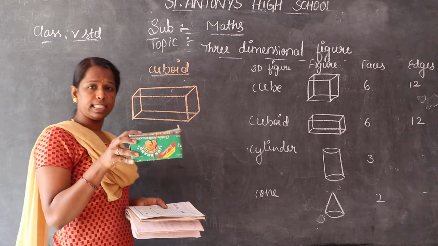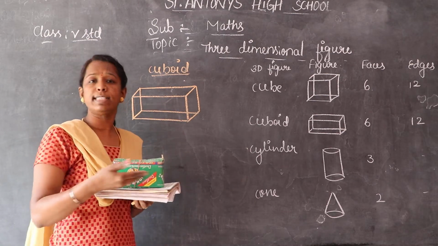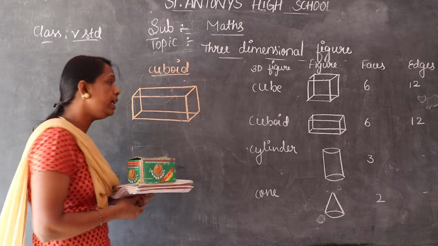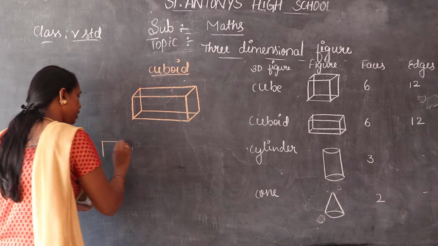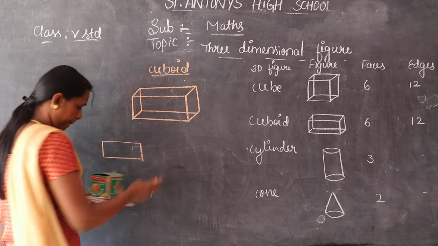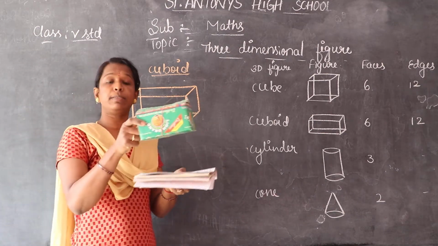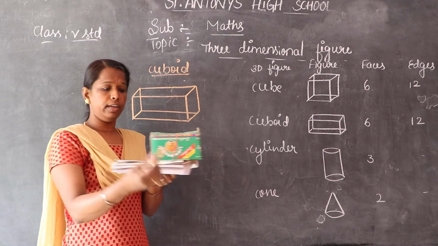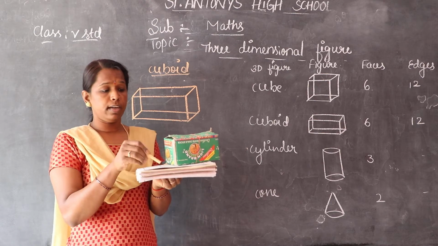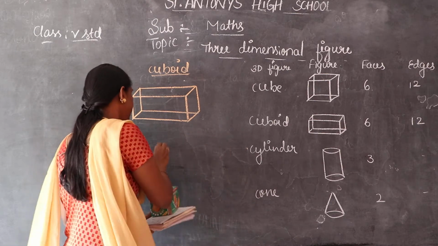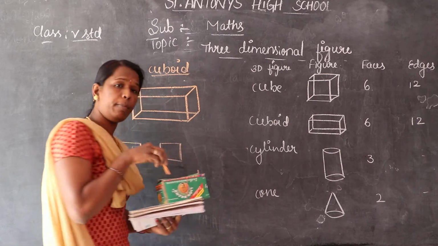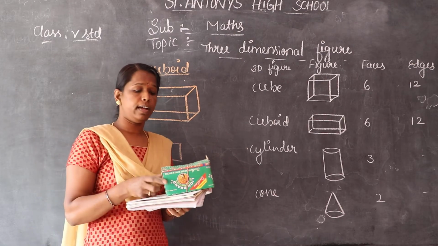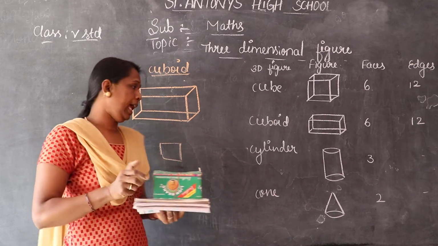Okay, when we see this object from the front, what we call the elevation, we can see a rectangular shape. When we see the object from the side, it may be from left or right, we can see a square. And then from the top of this cuboid, we can recognize a rectangle.